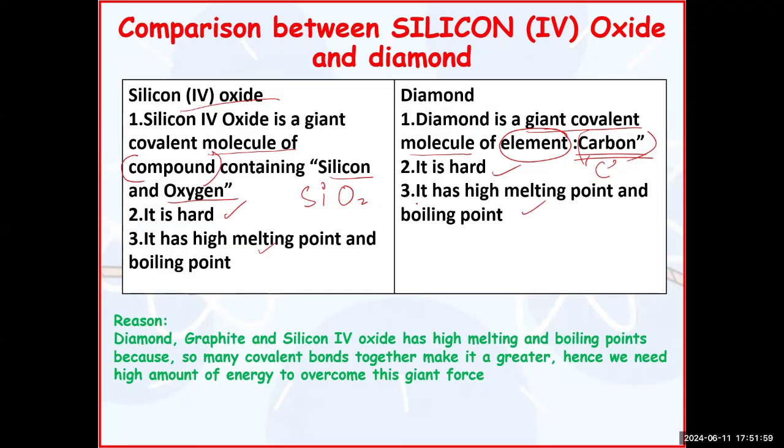Now, sometimes the reason for all three of them comes together, that is, why giant covalent structures have high melting and boiling points. So you need to understand that when you are referring to a small molecule like carbon dioxide, like ammonia, in these structures, there is a small number of covalent bonds. Like in ammonia, you have three bonds, 1, 2, 3. In carbon dioxide, you have two double bonds. In methane, you have only four covalent bonds.